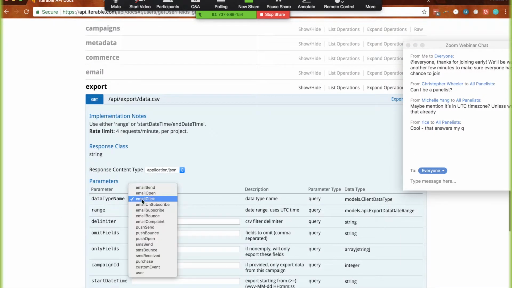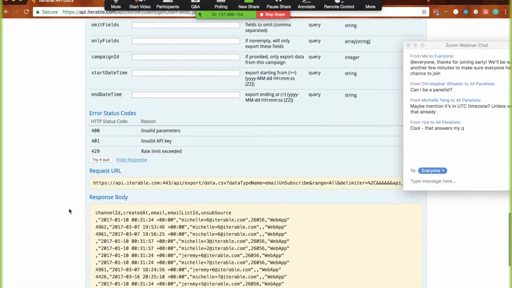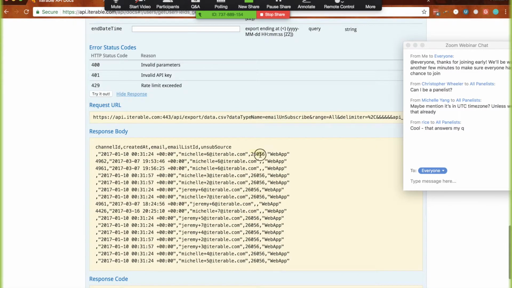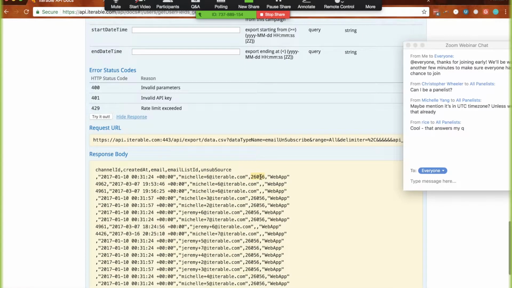But if I choose email unsubscribe, so I believe we're updating the way we return data for the email unsubscribe endpoint. Previously, it's just been a single integer for what channel ID existed or what resulted in the person being unsubscribed. But because it's returned like this, it'll populate the entire array